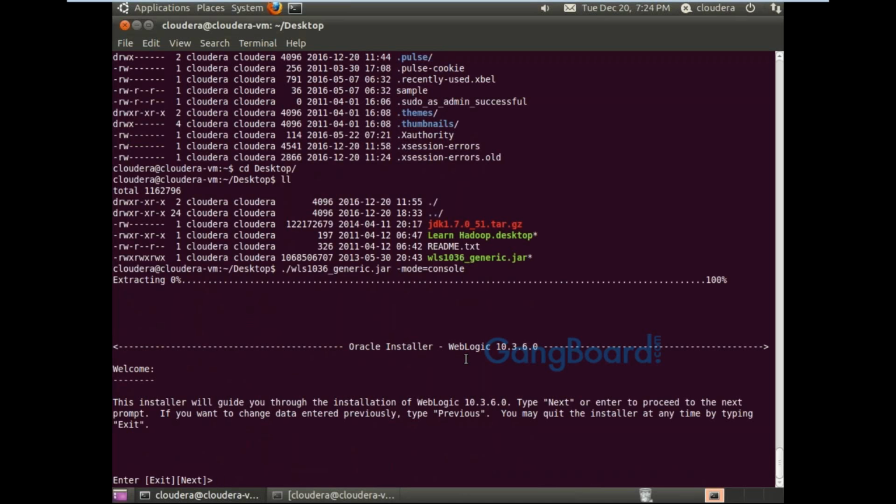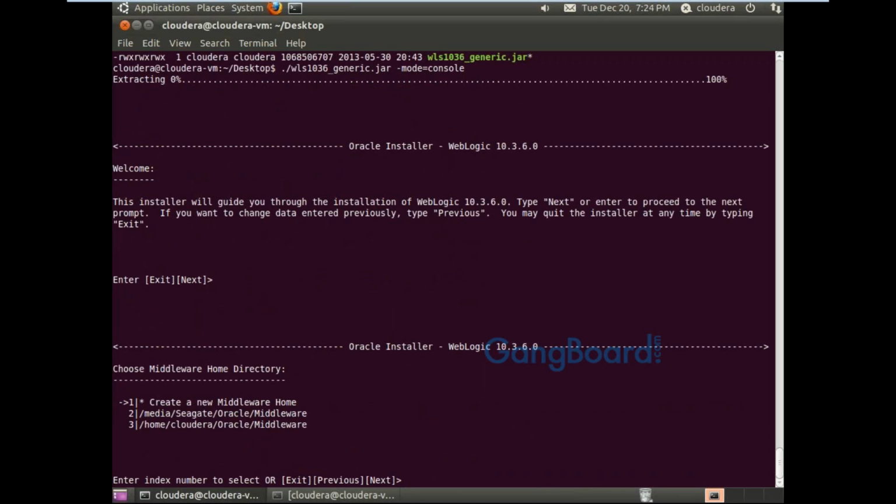Enter for next. Now it is saying there are three options, including create a new middleware home. I will select the third one because last time I installed WebLogic in this location. I don't need a new middleware home, so I will choose 3.